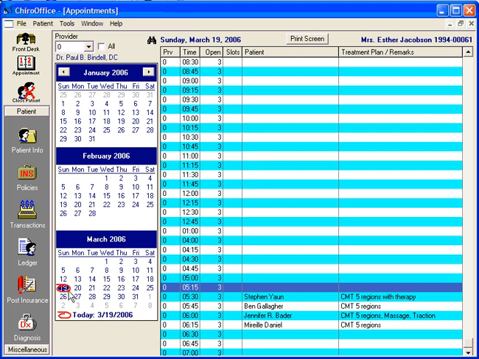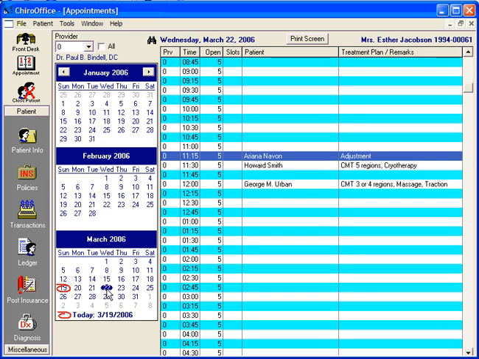Today's date is circled in red. The date you want to schedule the appointment for is circled in blue once you click on it. You then choose the time for the appointment,